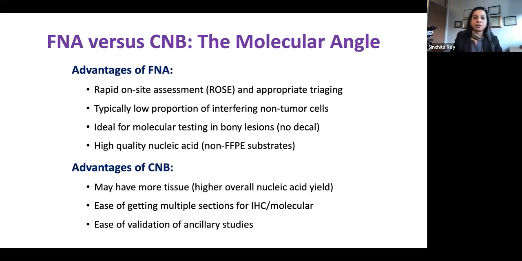So if you look at it from the molecular standpoint, I think the biggest advantage we have in FNA is the ability to do rapid on-site assessment, right? Because we can look at the specimen while the patient's still there, still doing the procedure, we're able to triage it better. We can collect adequate material. We can tell whoever's doing the procedure how to send that specimen, what is needed as far as diagnosis and molecular testing. And then the aspiration technique tends to aspirate more tumor cells, less stromal tissue. So in general, an FNA specimen tends to have a higher tumor fraction than, say, a corresponding core biopsy.